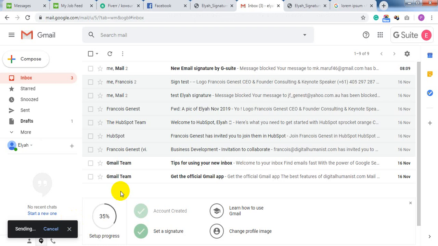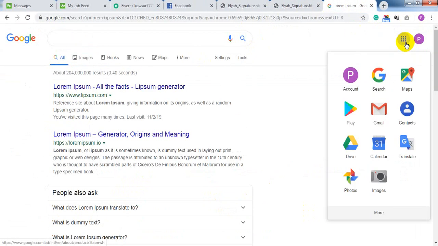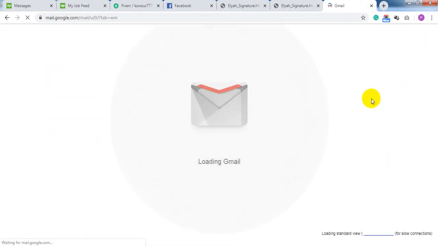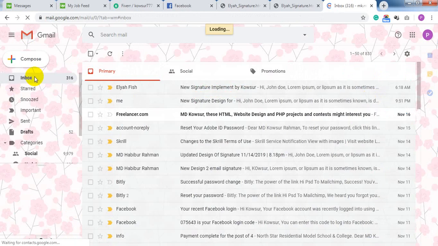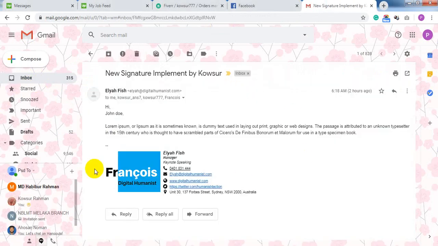click the send button. Okay, I would like to see how my mail signature is working on another account and how it shows in the other account. Okay, I just leave this and now I'm going to my other Gmail account. Click. Okay, yeah, it will take some time. Yeah, it has